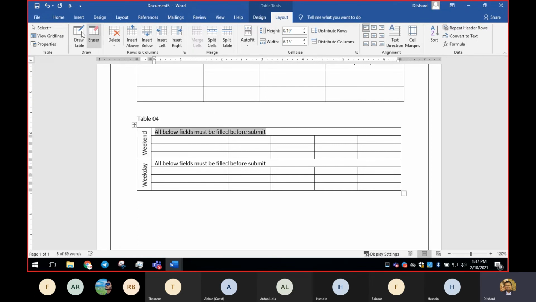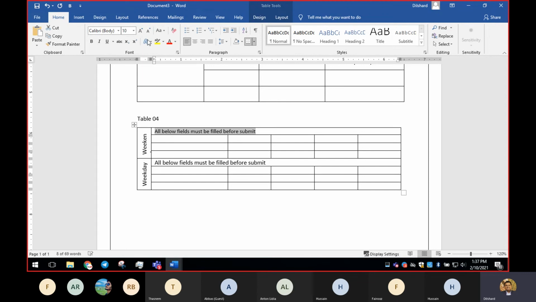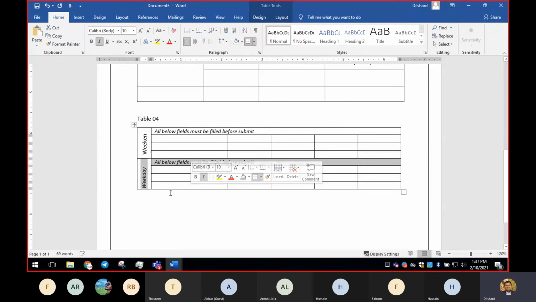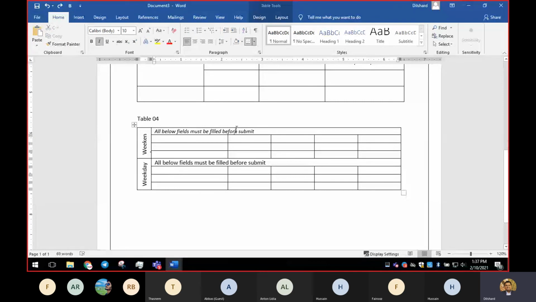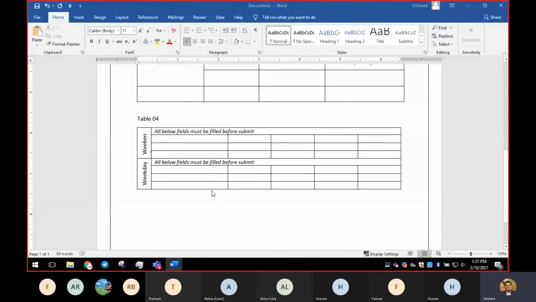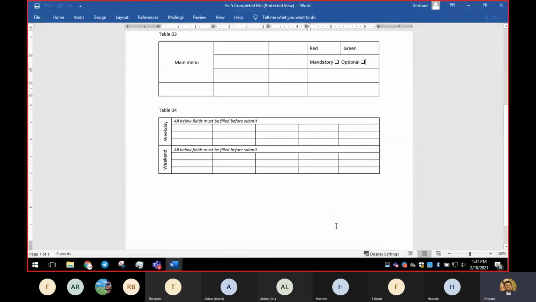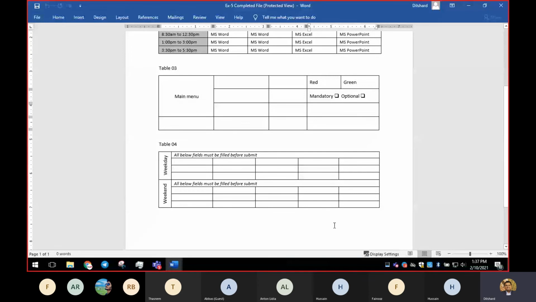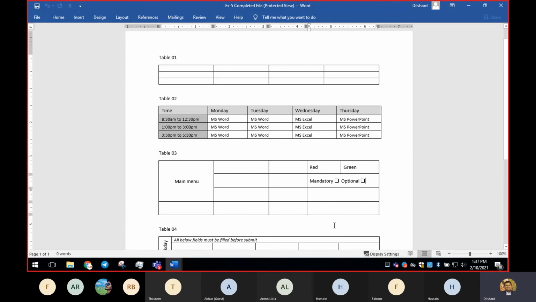And for this, they have applied a simple reduction of the font size and applied italics. So I'm going to copy that italic and paste it here. So same font size, same italic. Right? So that's all.